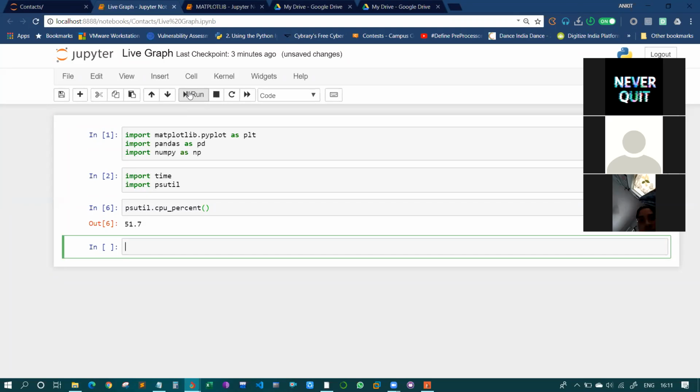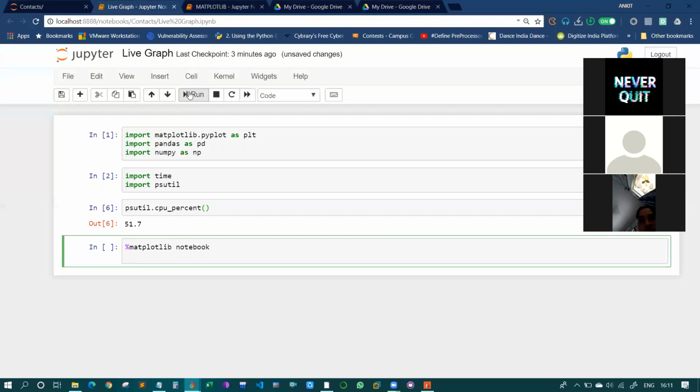So for that, percent matplotlib notebook, and plt.rc params, let's say animation.html, and here equals, within single quotes, JS.html.